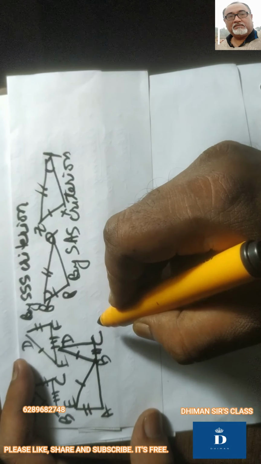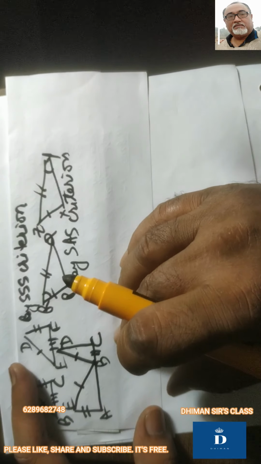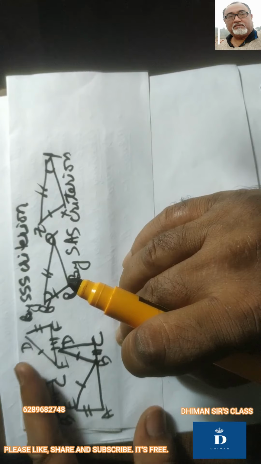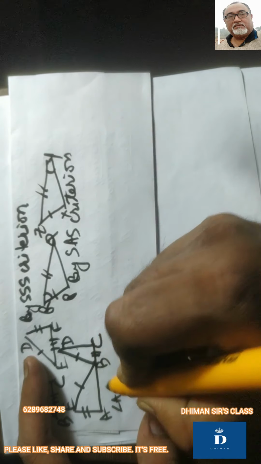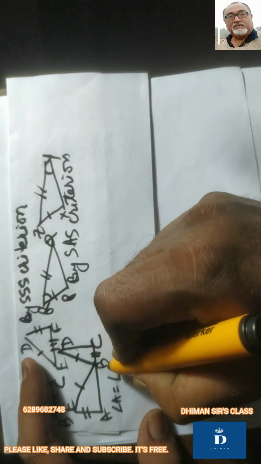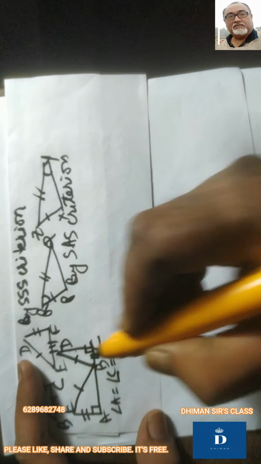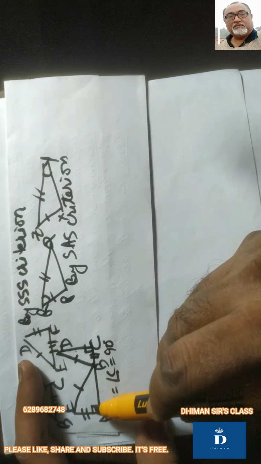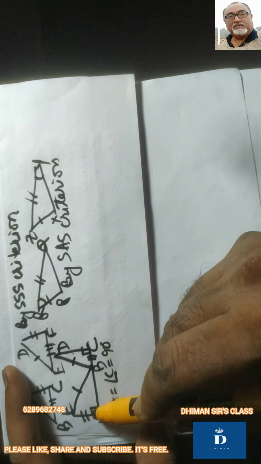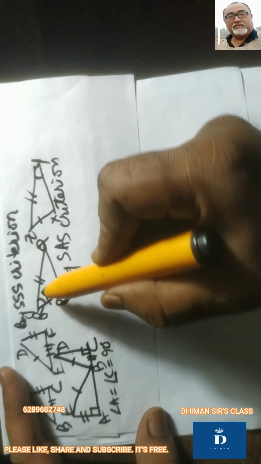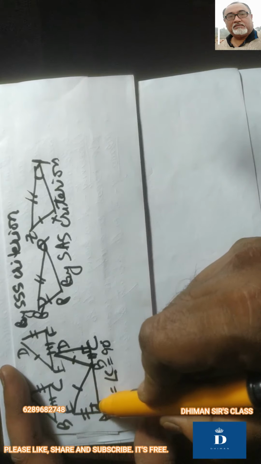And then they are telling angle A is equal to angle C is equal to 90 degrees. That means angle A is equal to 90 degrees, and angle C also is equal to 90 degrees. And this is the symbol. Only for 90 degrees such symbols are given, a sharp edge. The other angles are shown circular, curvy, but these are all sharp edges.